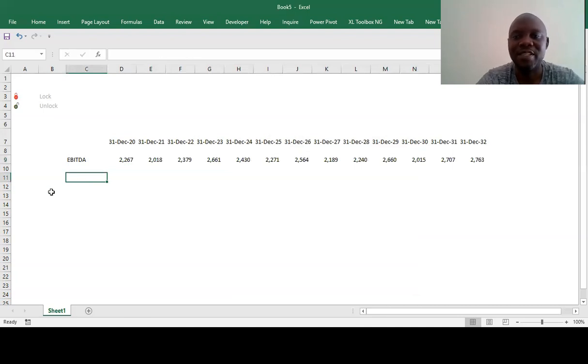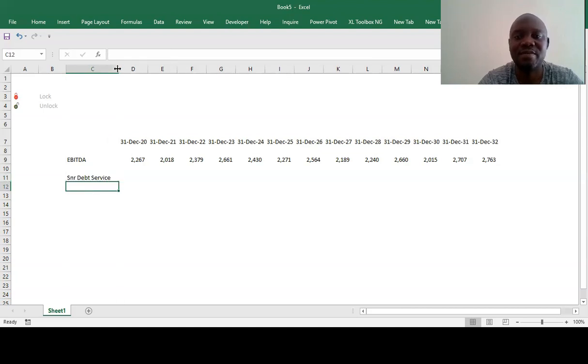Okay. So now we check on the senior debt, what is supposed to be paid. Let me just say senior debt service. This is on an annual basis.